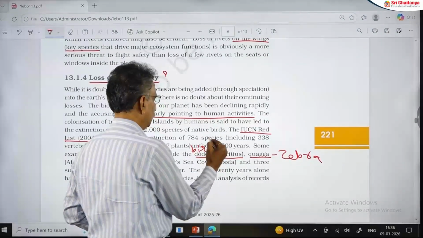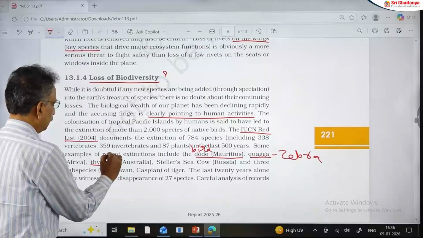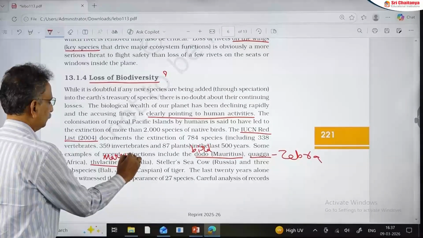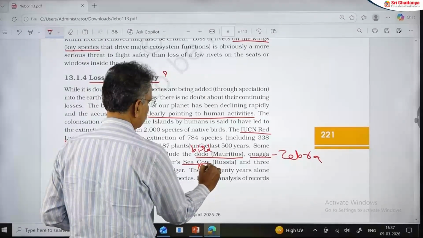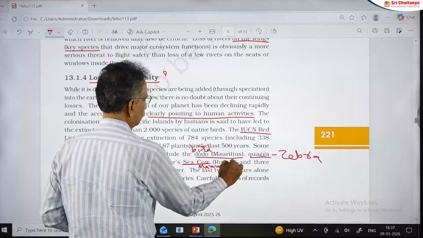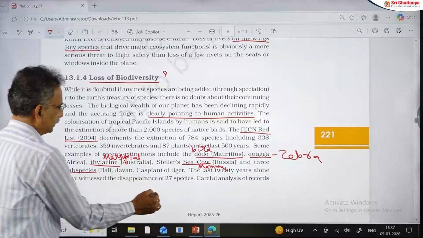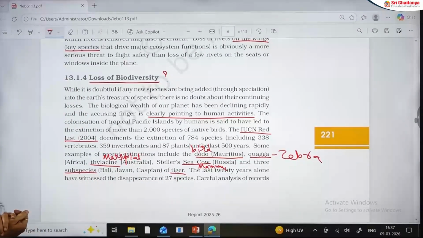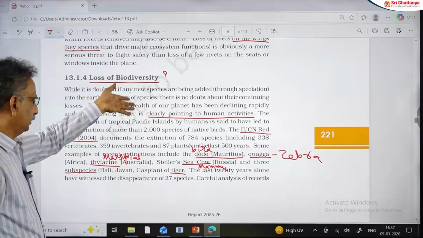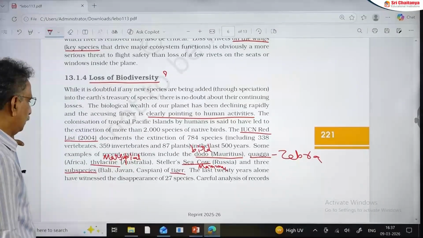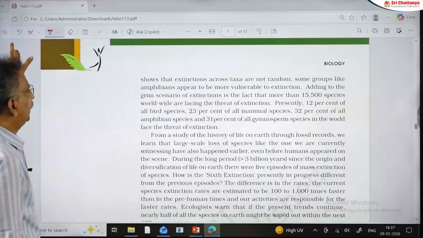This quagga is a zebra which became extinct in Africa. And thylacine, it is a marsupial in Australia. And Steller's sea cow, obviously it is a mammal, in Russia. And the subspecies of tigers, which became extinct in Bali, Java and Caspian, this is indicating how recently these species became extinct. And where more disappearance of species is occurring is where there is rapid development. But an important thing is